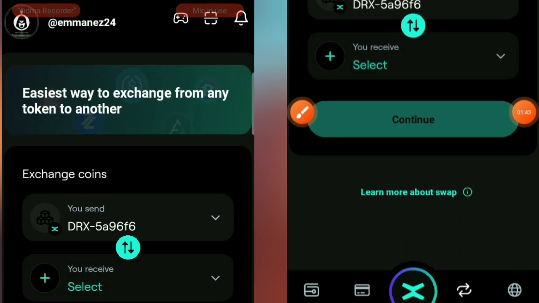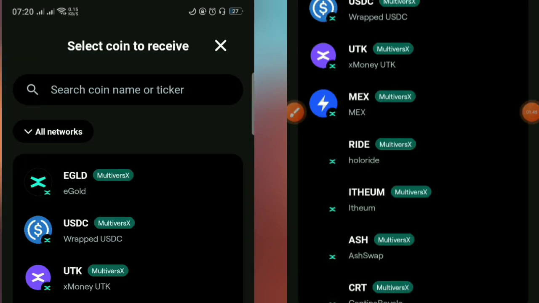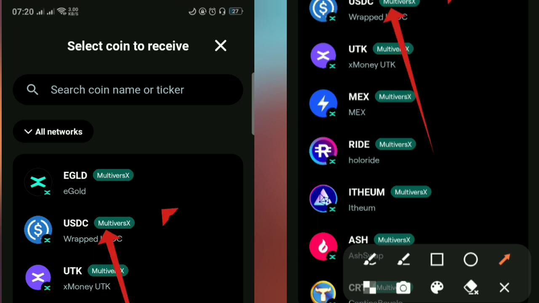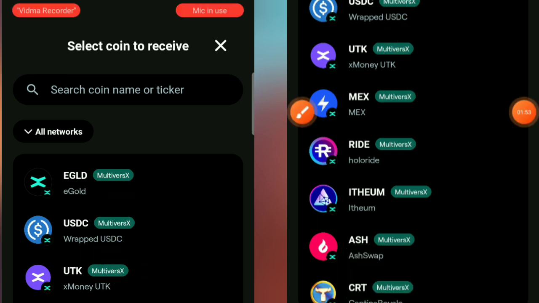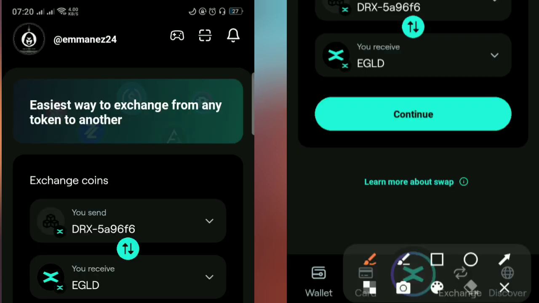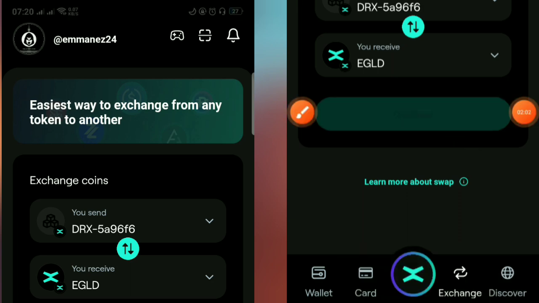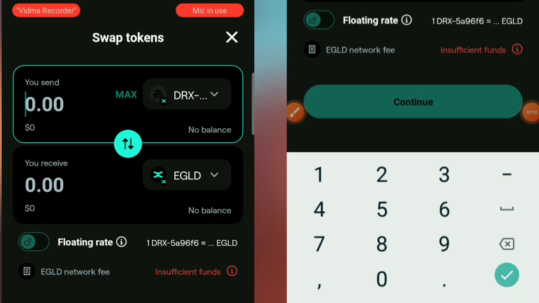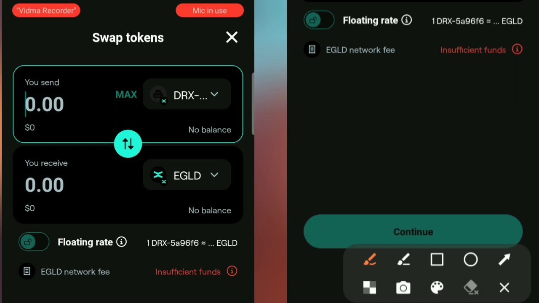and select EGLD. EGLD is more stable, so that's the reason why. Or you can convert to USDC, but I would advise you convert to EGLD, which is much easier to sell. So convert to EGLD and then you click on continue. For now, as at the time of making this video, DRX hasn't been listed yet, so the network fee will be about